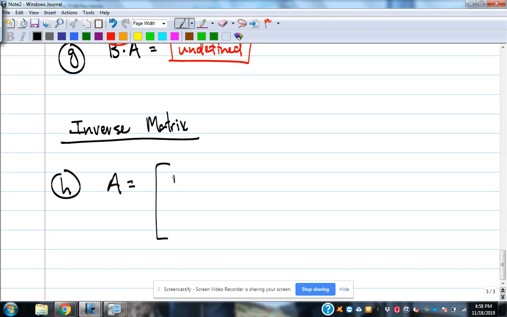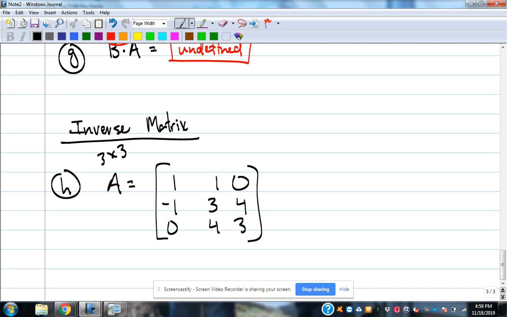So let's pick out a square one. So matrix A is 1, 1, 0, -1, 3, 4, 0, 4, 3. So this is a 3 by 3. It's a square matrix, is a way they describe that. Just means it's got the same number of rows and same number of columns. The inverse matrix,